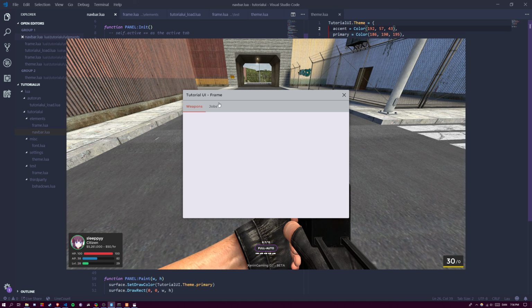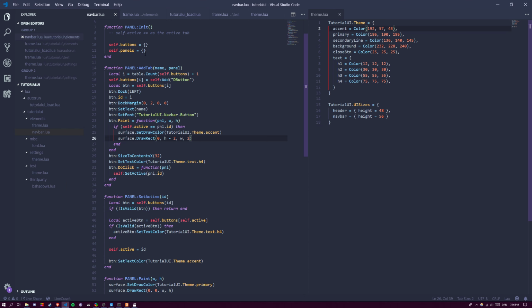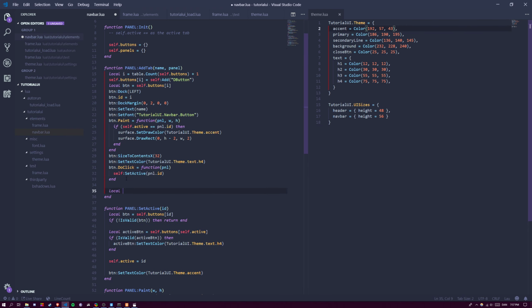Okay, so now we have the basics of how you can have active ones. Now, we actually also need to make it display different things. So how do we do this? This is where this panel comes in. Every time you add a tab, as you can see here, we have a panel. And that panel is